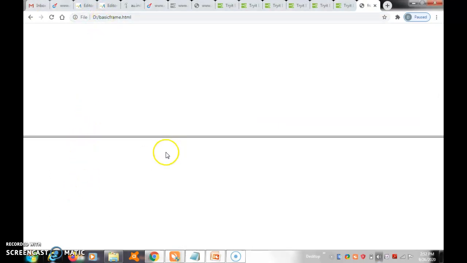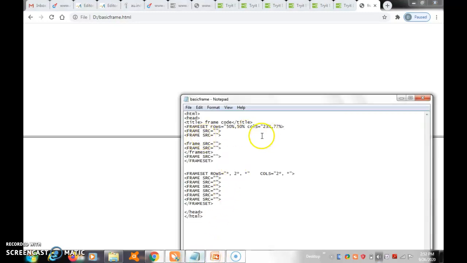Yeah. So only the row is displaying, the column is not displaying. Some frame set you have to change. Some frame set here you have to change. If you divide, you can divide.